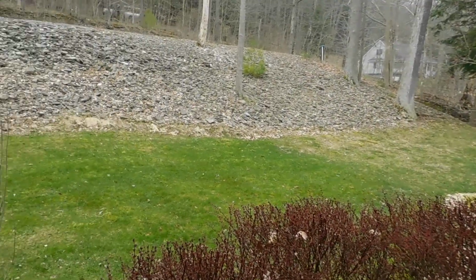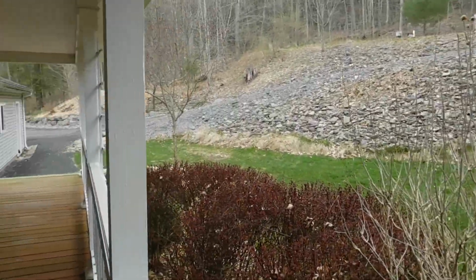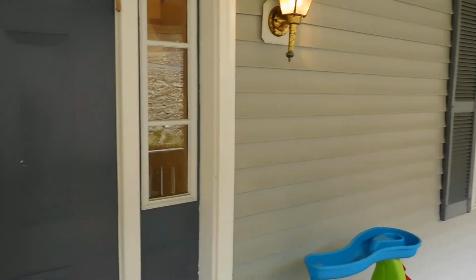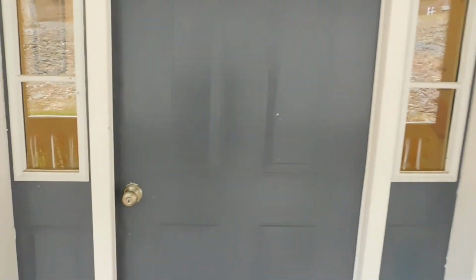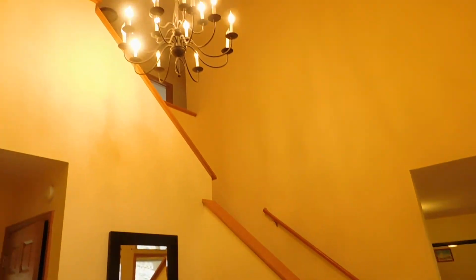So here I am, 20 Hunters Lane in Ellis Highlands subdivision. Getting ready to give you a nice tour. Let's go inside. And coming inside, this modern Colonial has a 2-story entry